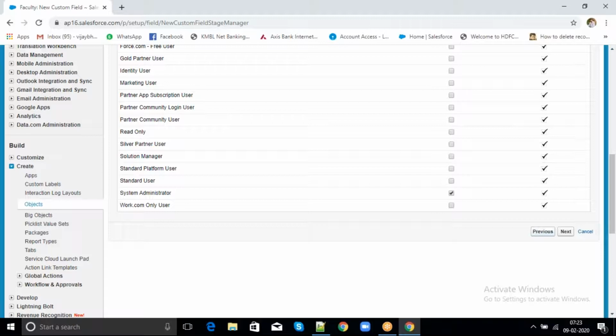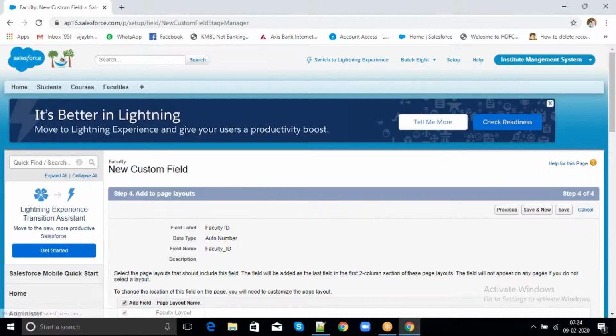When we are creating a text field or pick list field, we can change the values, right? We can change the data. So we can give the read only mode access, because we are having edit access, and for that edit access we can make it read access. But this is an auto number, so we cannot edit that one. It will be an auto generated number, so it's a read only field. That's why by default it is checking read only. We cannot remove this permission. Clear? Yeah. Click on save.